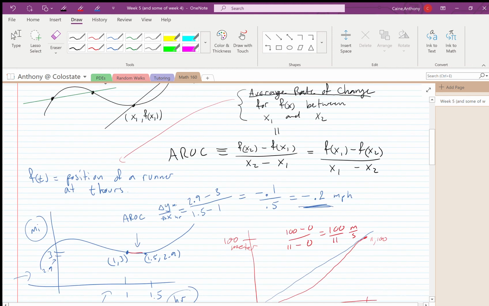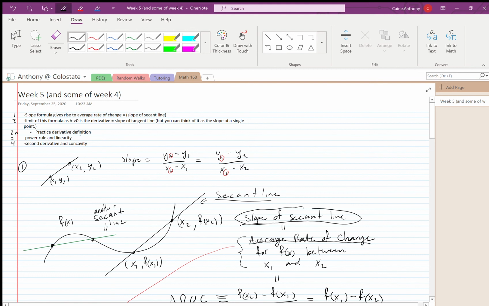All right, what else do I need to talk about? What was on this bullet point? So we've done the power rule and linearity. We should talk about second derivatives and convexity. Okay,